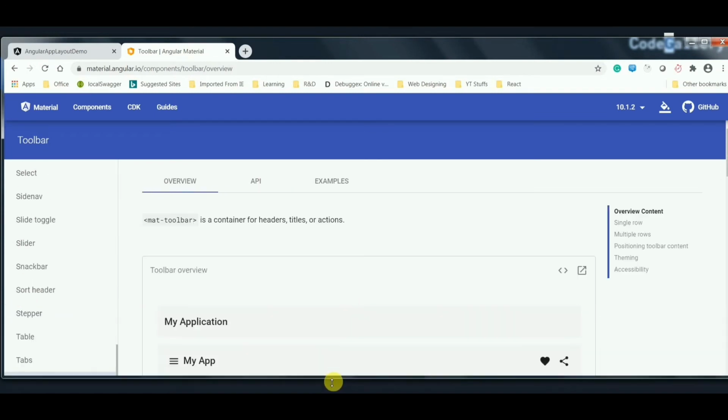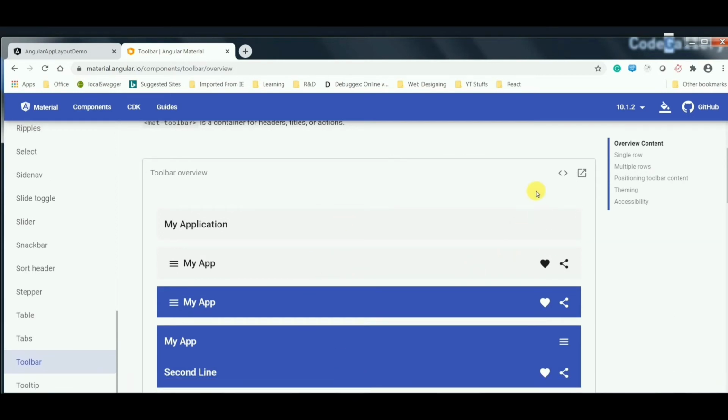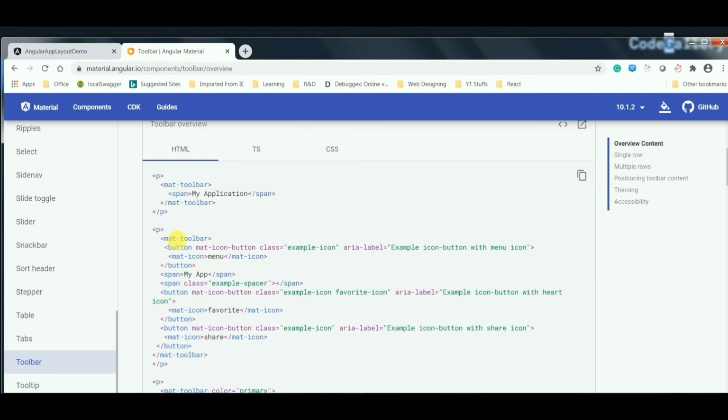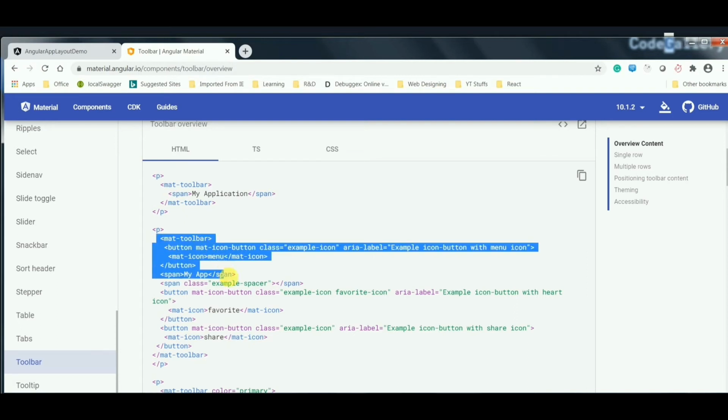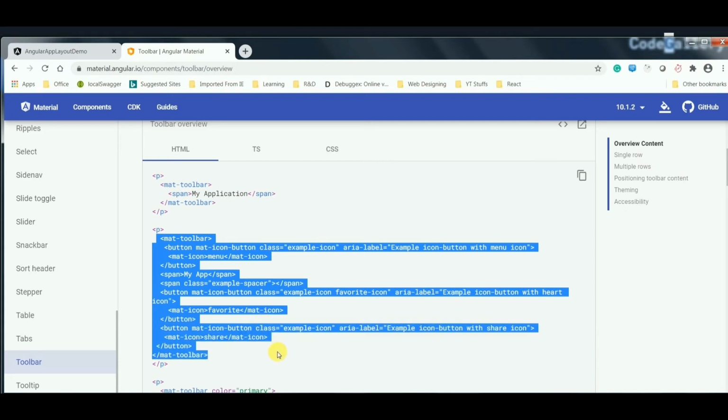So you can see there are different types of toolbars already present. So we are using one of them. So I'm just going to the code here, and we are using this mat toolbar. So I'm going to copy those content, and with that I'm going to our project